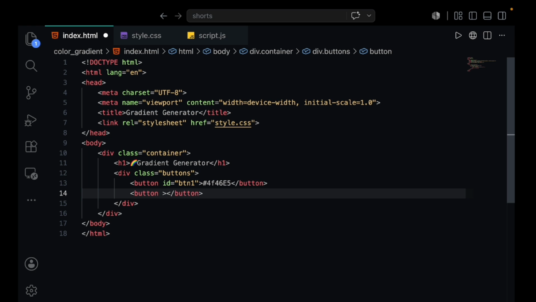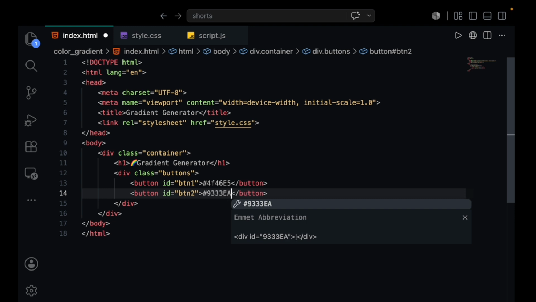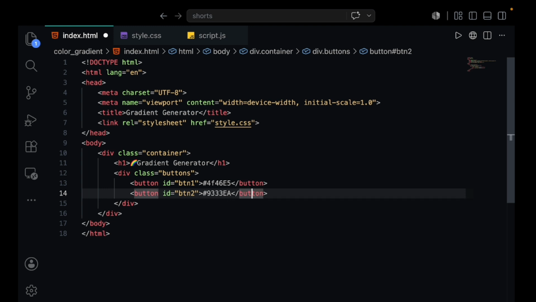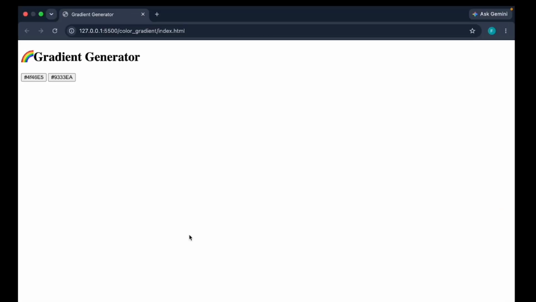And also we're going to give an ID that is going to be btn2. And also let's give again any default color. So I'm gonna give 933. Then let's see. So we have these two buttons with default colors.